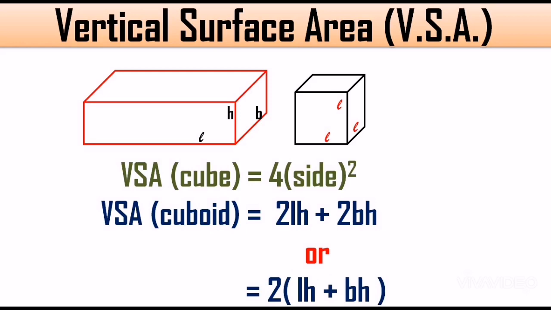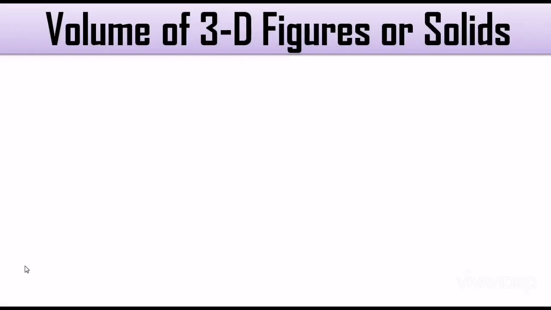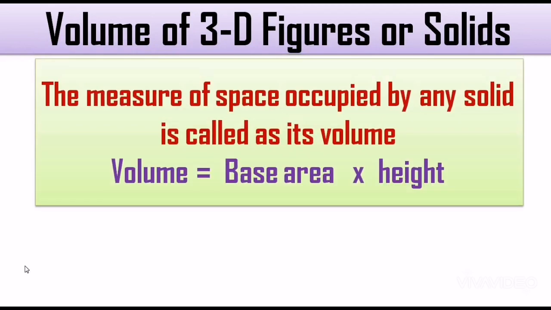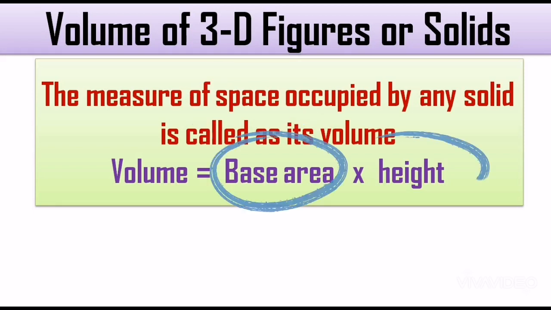Now let's try to figure out how to calculate the volume of these figures. The volume of 3D figures or solids is nothing but the measure of space occupied by that solid or object. Suppose you have a glass of water, then how much water that glass can hold is nothing but the volume of that glass. To measure the space, we need to consider 2 things. Very first, the area at the base, how much place is occupied by that object, and second thing, the height of that object. Only then can we measure the space occupied by that object properly.